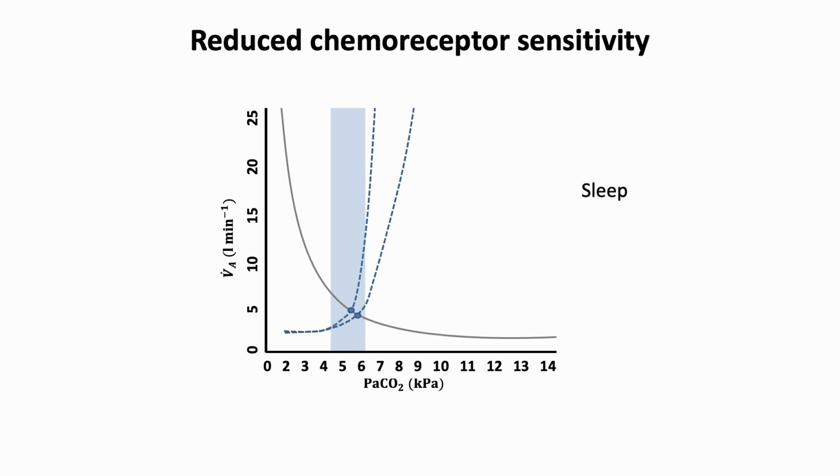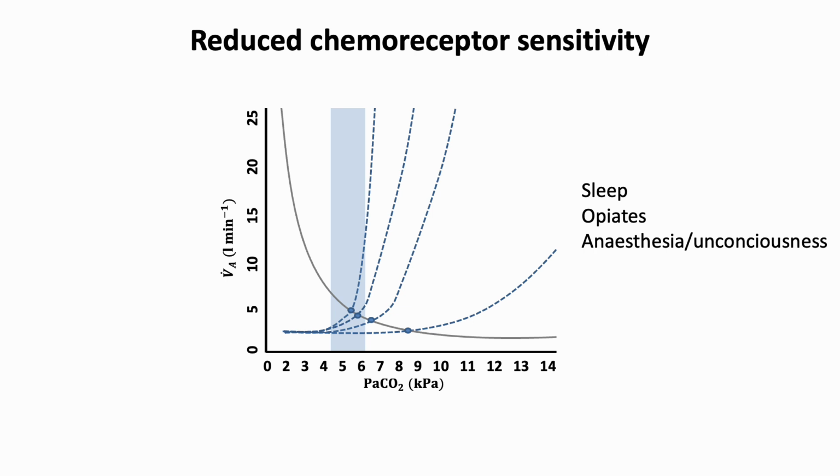So during sleep, there's actually a slight right shift of the chemoreceptor curve, so a slight increase in PaCO2 during sleep. Opiates also right shift the curve, and so does anesthesia and unconsciousness. And of course, it could be right shifted to the extent where a patient stops breathing completely, because the intrinsic respiratory rhythm from the central nervous system provides a very, very low